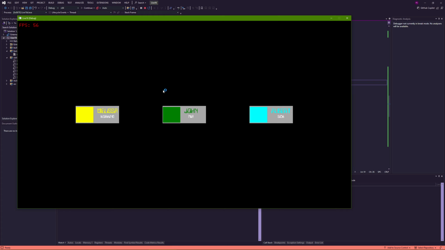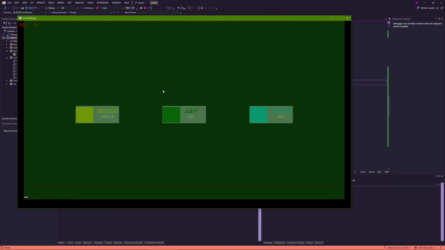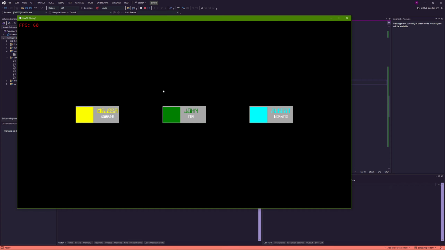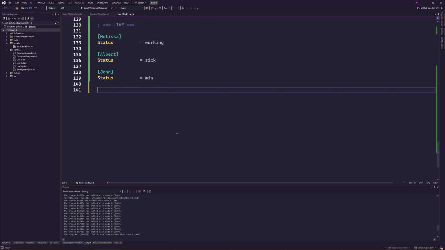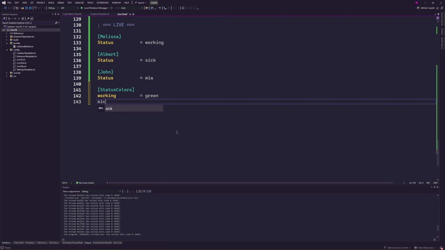If I do this, this time we have the correct status working, missing in action, Albert. And if this data changes at runtime, say like Albert now is working, so Albert status is working, you can see the widget is updated automatically here. Let's bring it a bit further, shall we? We are just going to have assigned colors for every status. So we're going to say, okay, here working is green, sick is orange, missing in action is red, vacation is cyan, and unknown is black.